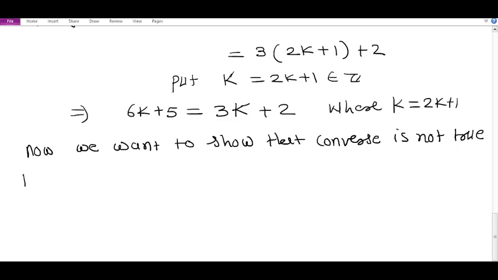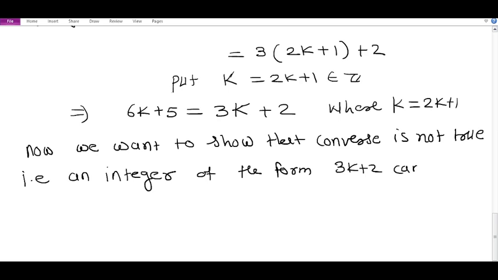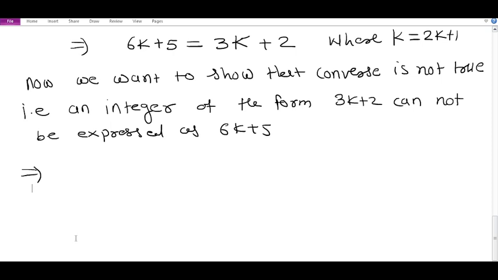That is, an integer of the form, say, 3k plus 2, cannot be expressed as 6k plus 5. So now say this,